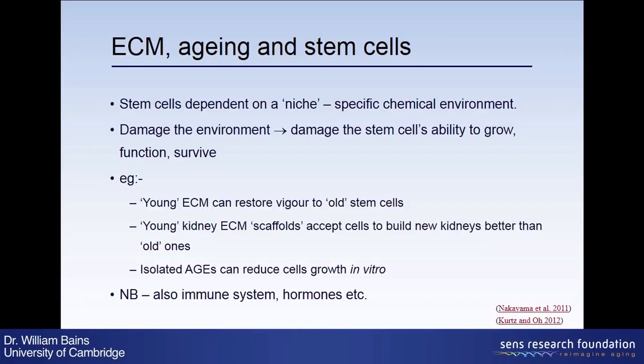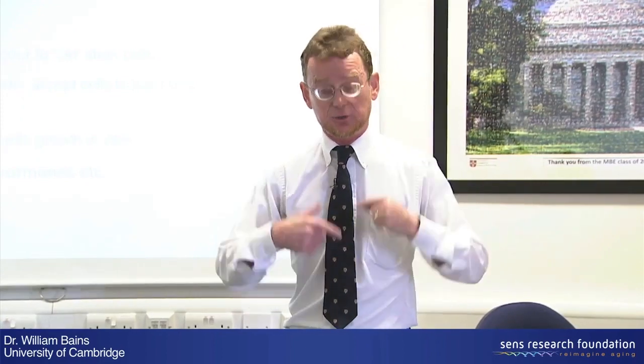The third bit I've just got down here: if you take advanced glycation end products from proteins from extracellular matrix and just feed them to cells in the proverbial petri dish, those cells tend to grow more slowly, divide more slowly, move around the dish more slowly. It is generally bad for them. So, yes, advanced glycation end products damage the extracellular matrix and certainly could cause damage to the stem cell niches. There are other factors involved in aging that also affect stem cells: immune system effects, hormone effects and so on. This isn't the only reason that the stem cells of someone at 70 don't seem to be as energetic as the stem cells of someone who's 7, but it may well be a reason.